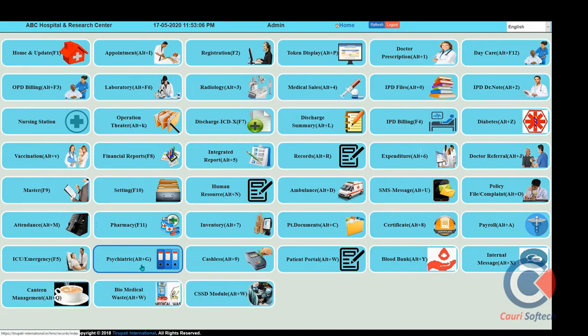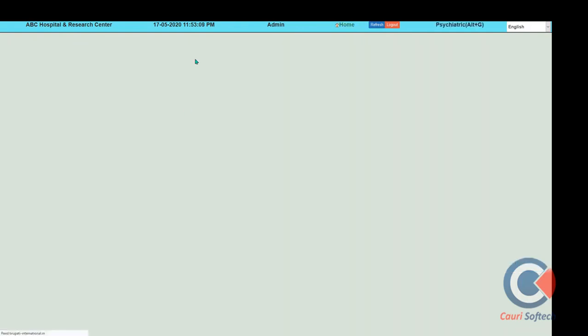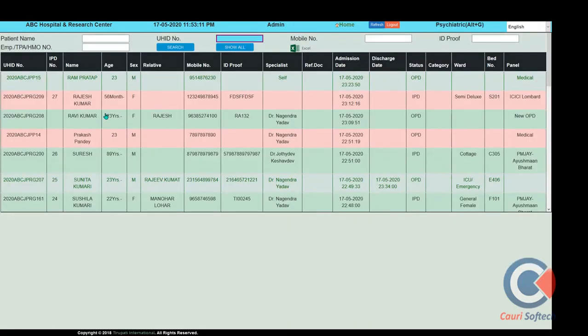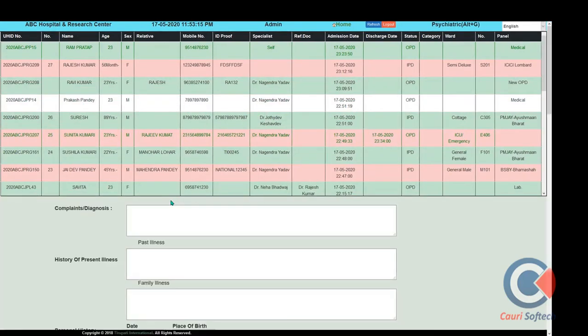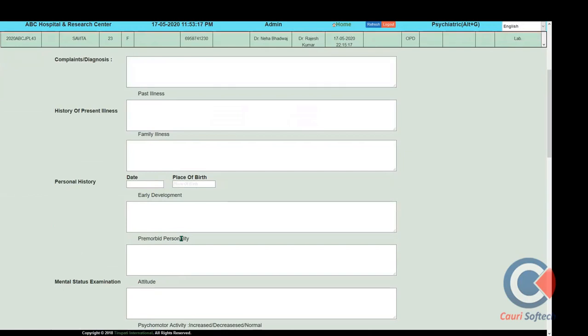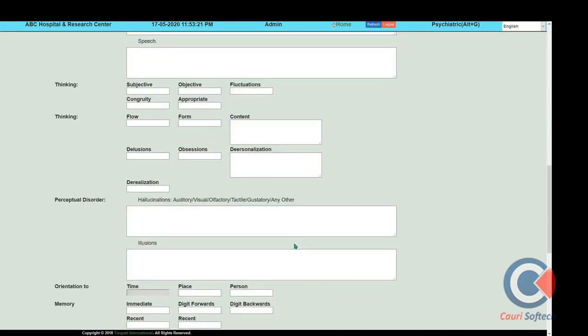In the next, also one more, the psychiatric module. The psychiatric module is also a part where the psychiatric doctor can maintain patients' vital information of all visits, the mental disorder and the health status of the brain. Visit-wise, they can put all the records here. So next, let's go to another module.